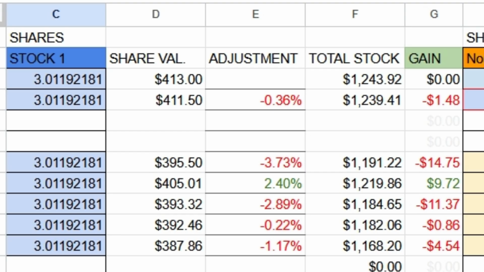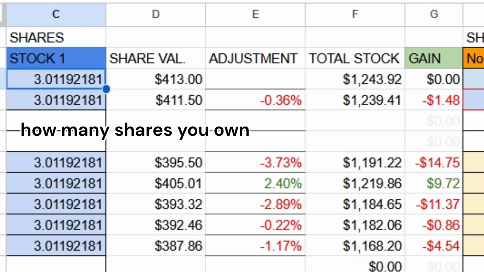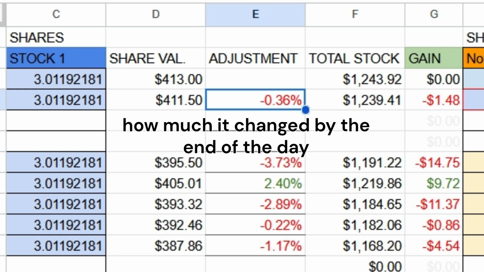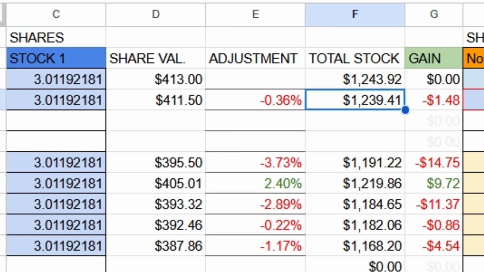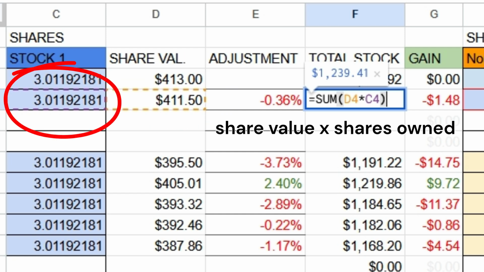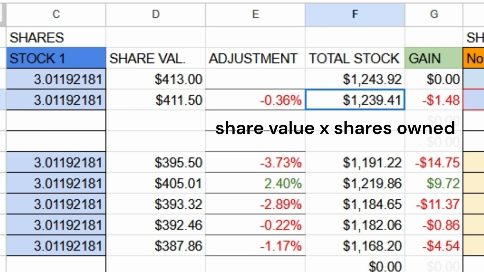So here, I'll be showing off my personal stocks and how I use the exact same calculations shown on this template to summarize my long-term investments, exactly how you can too. So here on my own spreadsheet, I have my stock, the exact shares number that I have, the value of it adjusted every single day that I keep track, the adjustment percentage, how much I'm gaining or losing in percentages, that's shown on Google Finance, the total stock, so this is that share value times the shares that I have